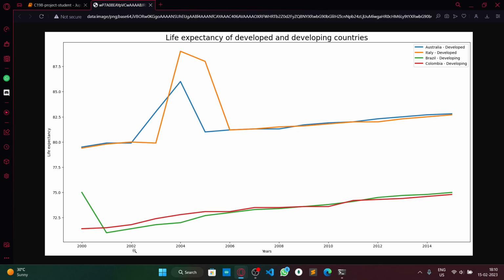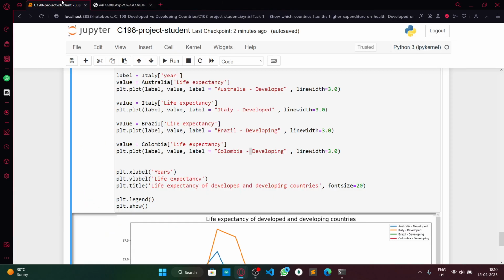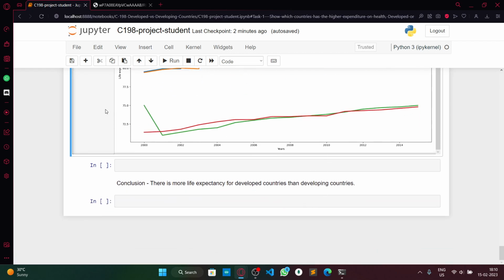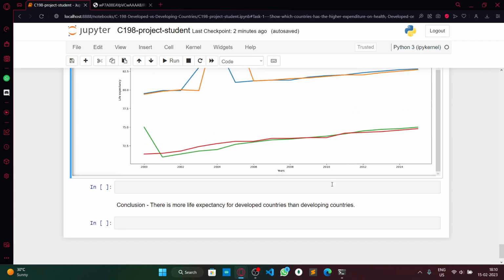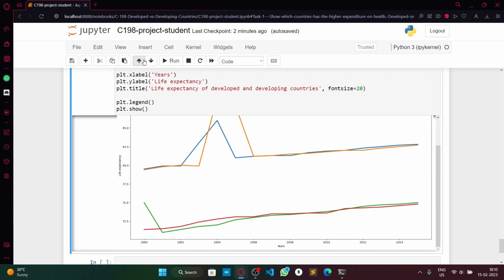So in 2000 to 2002, like 2001, Brazil has dropped by around 3 years. So we can say that's a negative side. So we can infer all this from the data, and there is more life expectancy for developed nations than developing nations. Even though we had an idea of all of this, we just tried to find the truth: is it so that developed nations are always better in everything? So yeah, in the health sector, developed nations are doing much better than developing countries, and that's it for today,